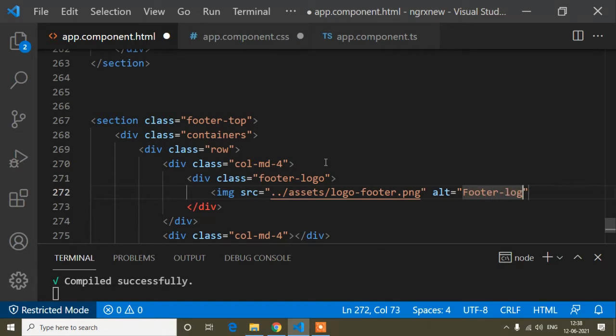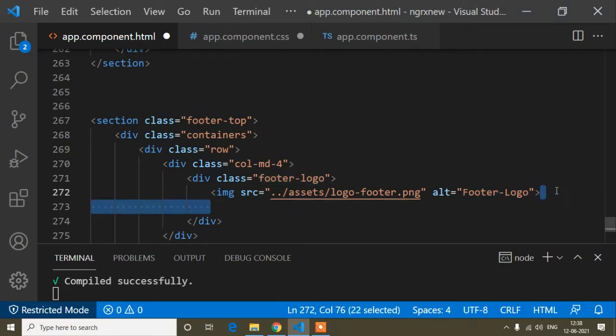The alt tag is used for SEO purposes. Suppose the image path is missing, then it will help. I mean, suppose there is no image, then whatever you write inside this alt tag, you will see in your browser, in the view. So suppose the image is not there, you will see this text, and the user or developer can understand that the image is missing.